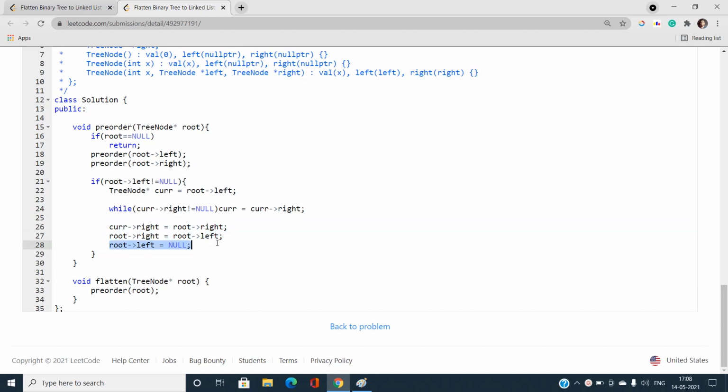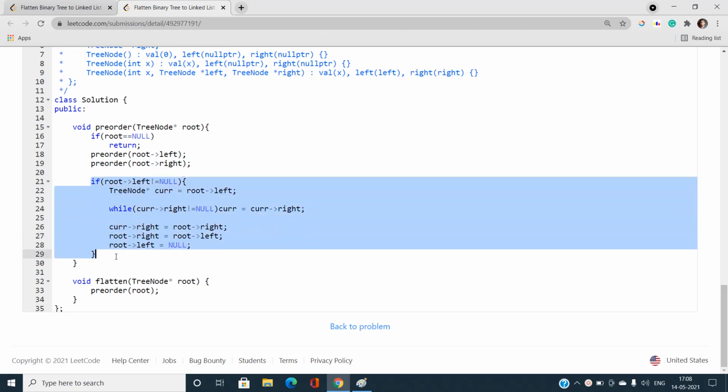When I find the pre-order predecessor, current is going to store the pre-order predecessor, and current's right is going to become root's right. Both are linked, root's right becomes root's left, and root's left is finally null. The entire thing is the same: just traverse the nodes in the pre-order fashion, find the pre-order predecessor and link this one.